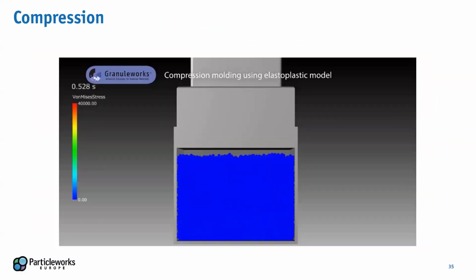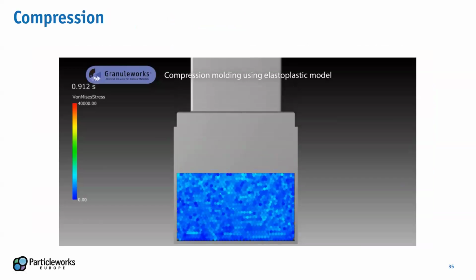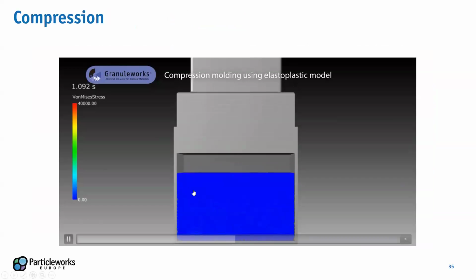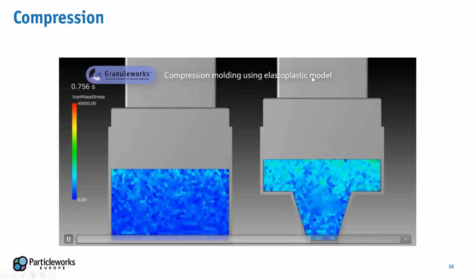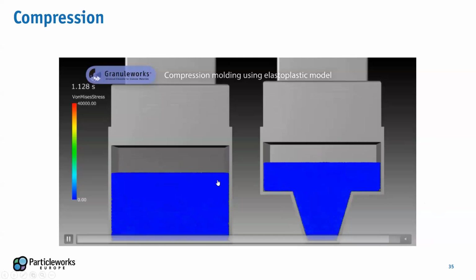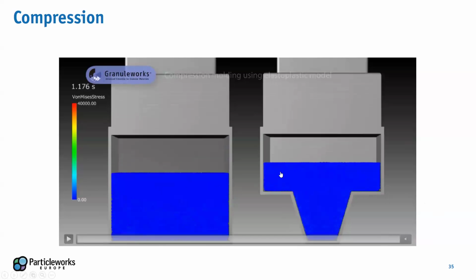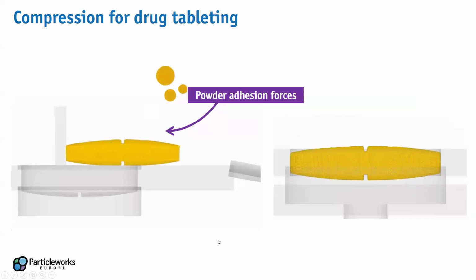And compression is also something that we can analyze. Powders will be compressed and we will have elastoplastic models inside Granuleworks. So shapes can be created by, again, compressing the particles and tuning the interaction parameters of the particles. And this results in an application like